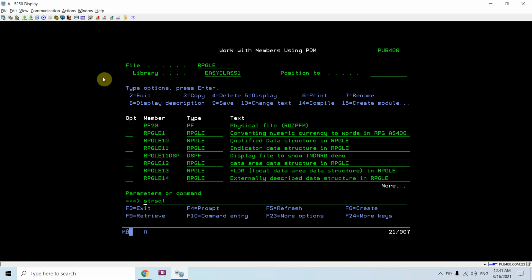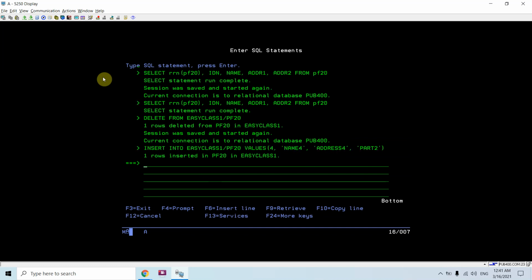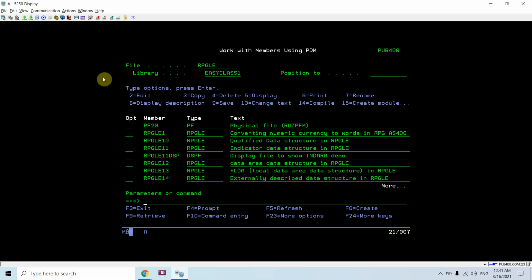Now if I insert, it will take RRN 2. So after deleting all the records, I run the reorganize pfm. If I insert any record here, it will start from RRN 1. It will reuse the RRN which was freed up in the previous delete operation and reorganize if any other RRNs are present. So that's the concept of rgzpfm, reorganize physical file member.